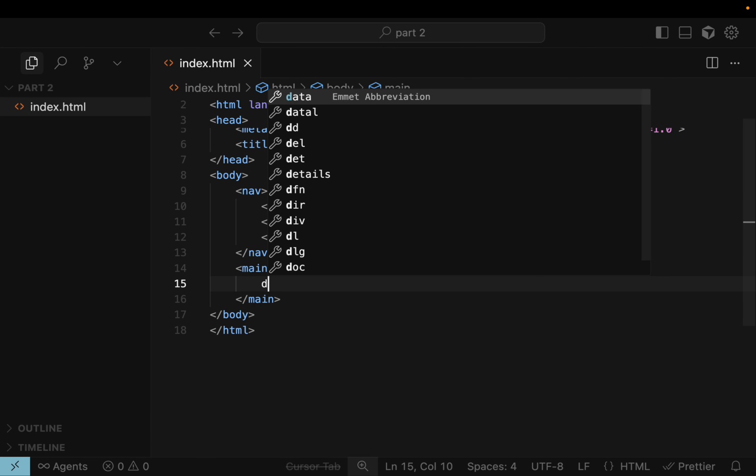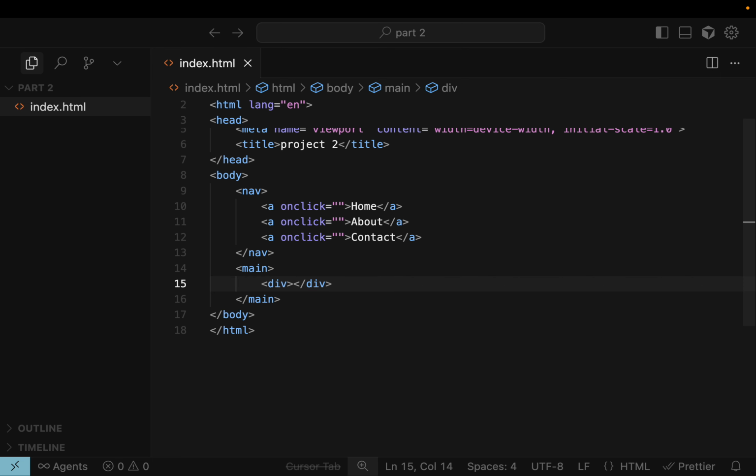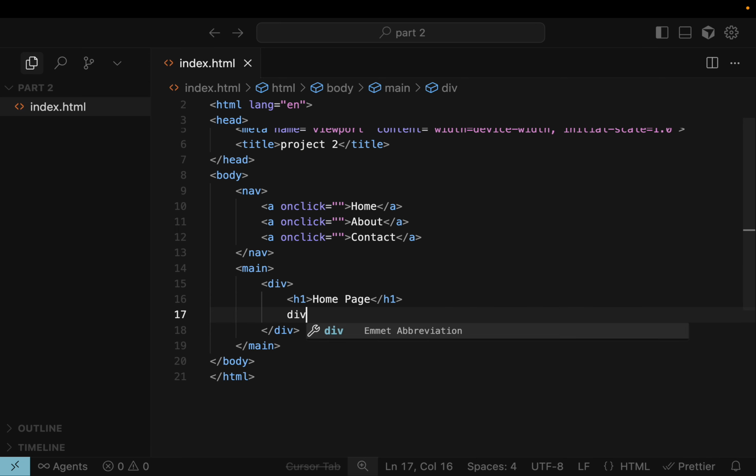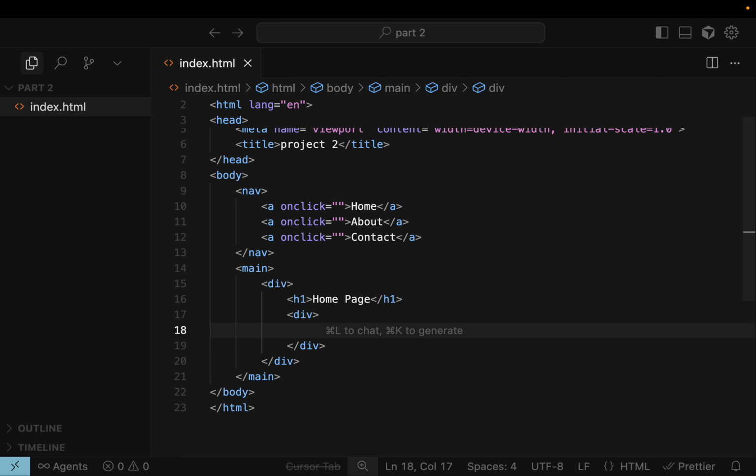Let's kick things off with a div. Inside this div, we need to write down h1, which will be the home page. And after that, we need to give a specific inside container to that count and button. Let's just give it h3, as we don't want it to be as bold as h1 right at the top. It should be a smaller one. So let's just give a span tag over here. So what span tag is,